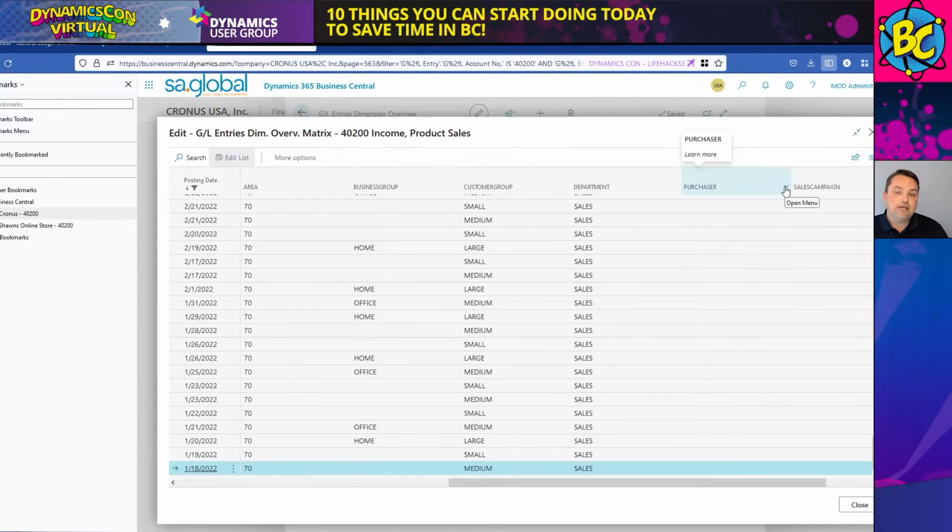So that's a nice way to track that down. And you can also, using another one of our tips, move this to Excel for review and make it easier for you to get that analytic information that you need. I want to point out that